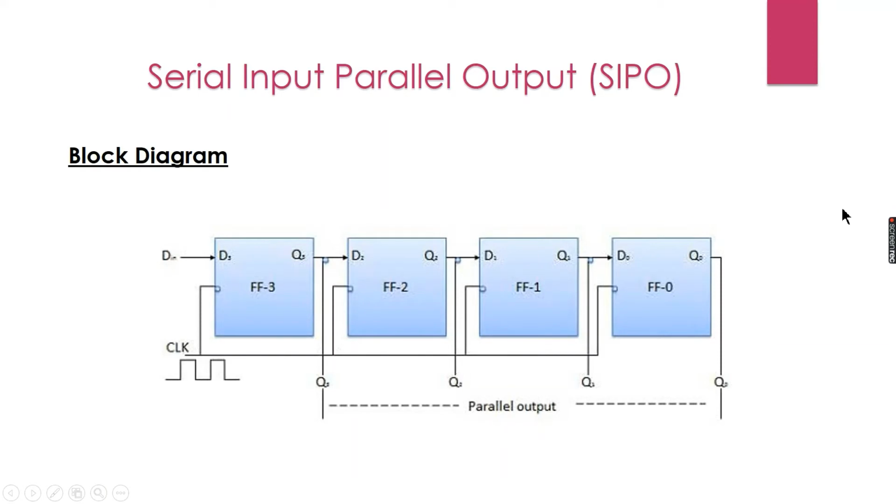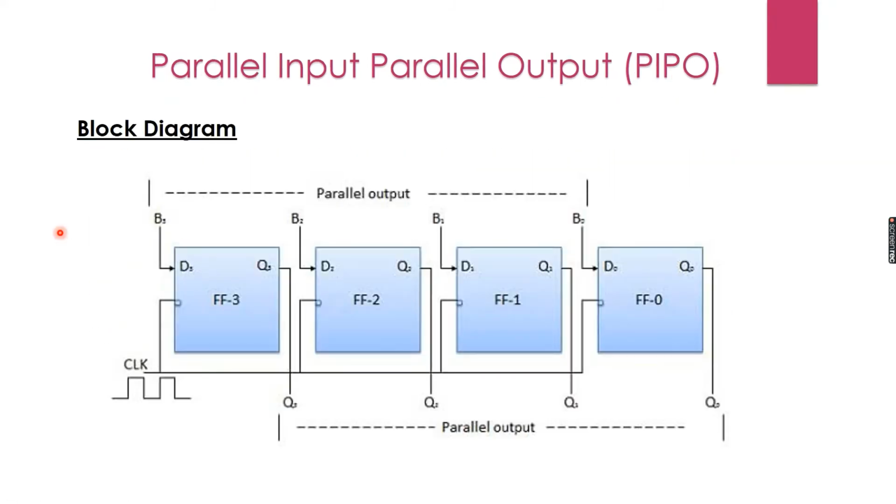So our next shift register is SIPO, serial input parallel output. It is the same as SISO. The input is serial and we store the data in our flip-flops, and when the data is stored we get parallel output instead of serial output. In serial output we have to wait 4 clock cycles to get our 4-bit data, but here we can get each bit of data in only 1 clock cycle. So it is the same in speed as SISO for input, but we can get the output in a very short time.